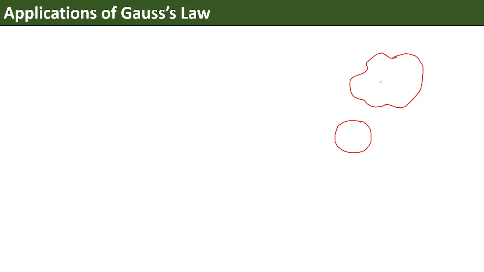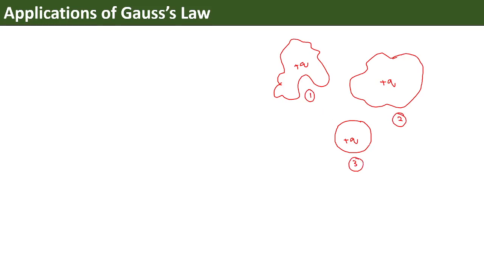Now let's consider this has enclosed a charge plus q, this has enclosed a charge plus q, and the shape could be multifold. There is no definite shape. This can also be a surface which has enclosed a charge plus q. Now the question is, when and how exactly can you apply Gauss's law to find the electric field. So this is 1, this is 2, and this is 3.